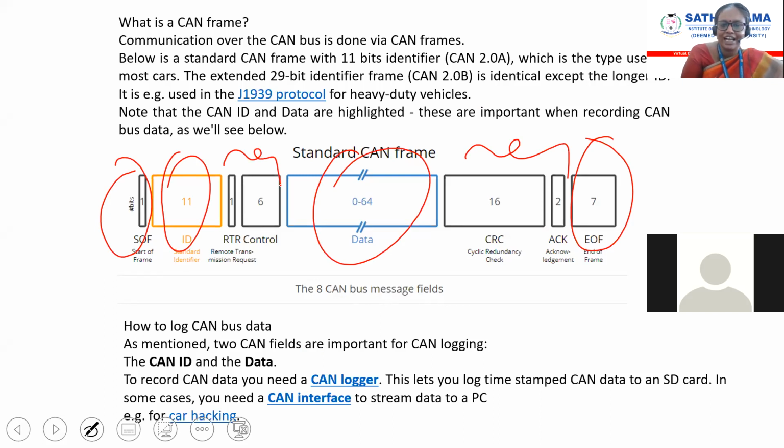So in total we have 8 fields for that. So you have to draw this diagram. Yesterday I specified that only. While you are asked about any CAN protocol, definitely you have to specify the diagram. In between that, the 16, 2, 7, 6, 1, 11, 1 and so on are the number of bits allocated to